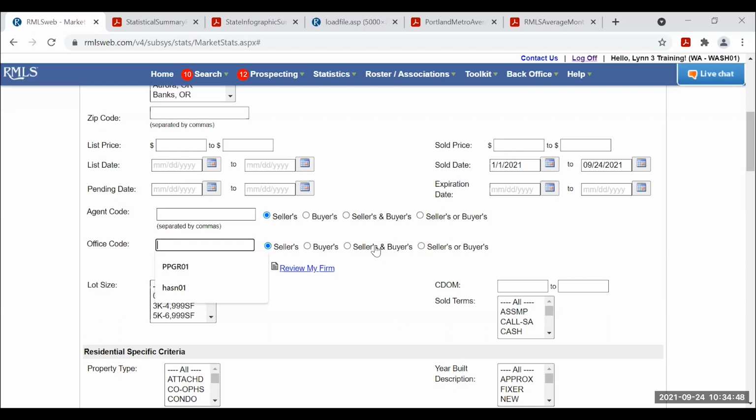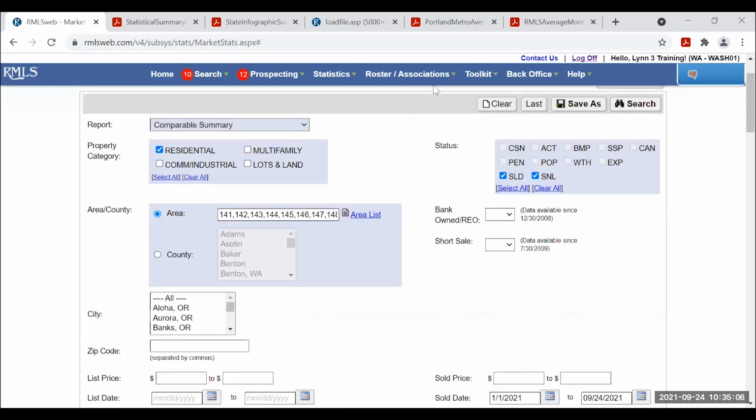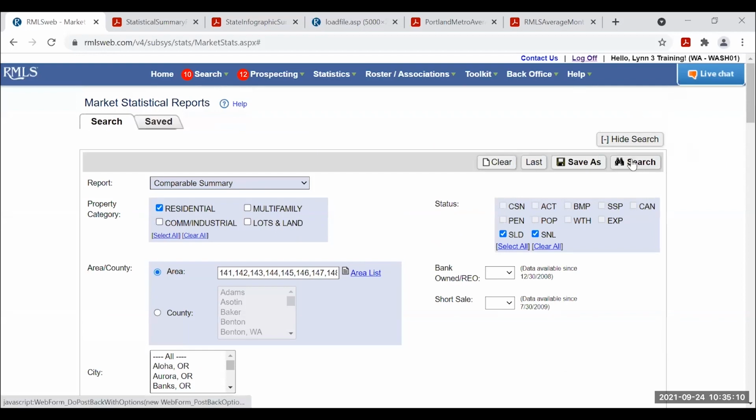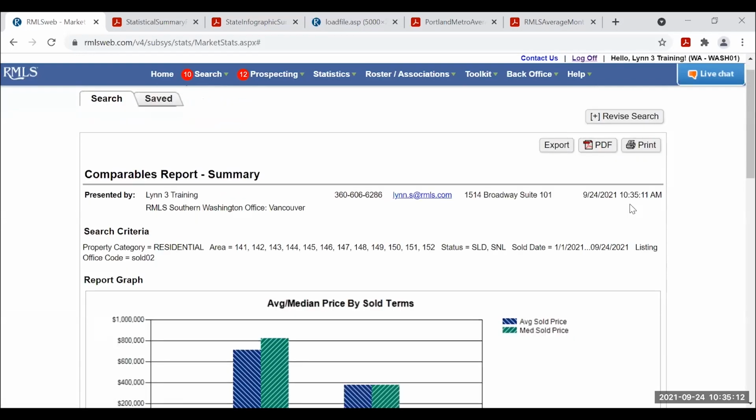If you have both sides of a transaction, or either side, so all transactions. I looked up an office broker code at random earlier, one that has Portland listings. Your office code, broker code, does show up on the roster when you look yourselves or your office up. So I'm going to compare this office.